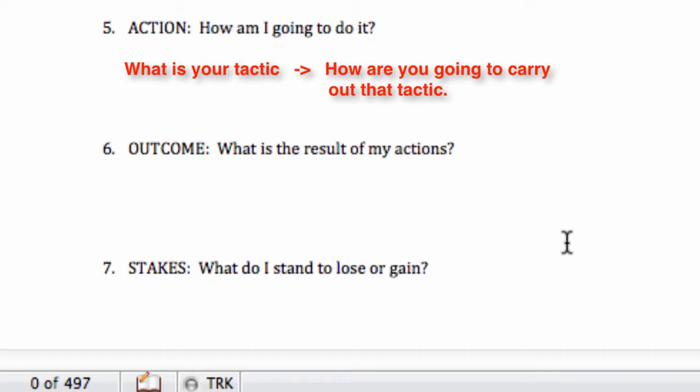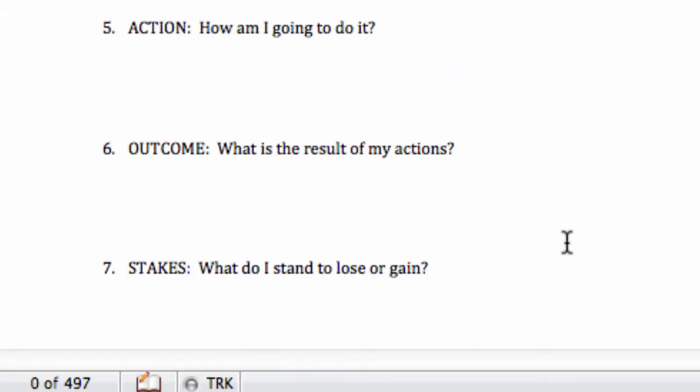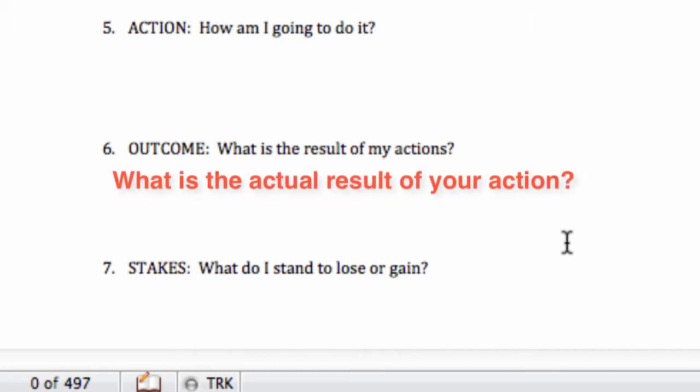What are the steps that your character is going to take to get what he or she wants, to employ the strategy you've come up with? And what is the result of your actions? Sometimes with strategy, we outline what the character's expectation is, the perfect case scenario of what he or she in the moment thinks is going to happen. And when we get into action, many times it all goes wrong. So what is the result of your actions? What actually happens?